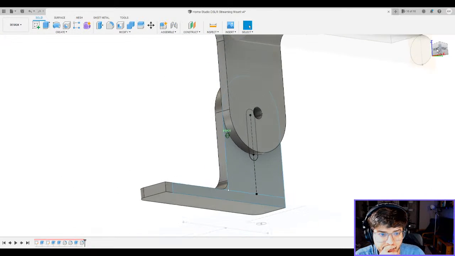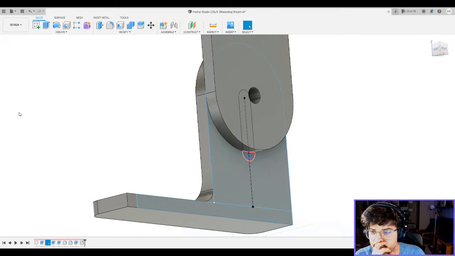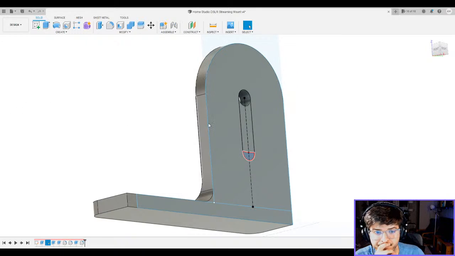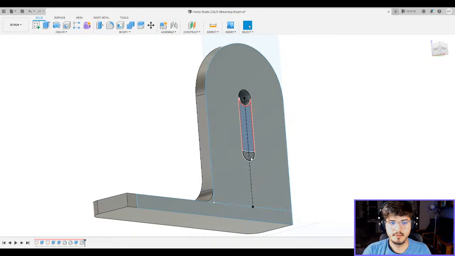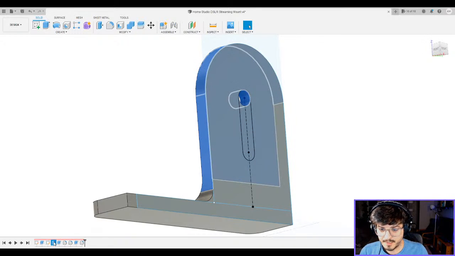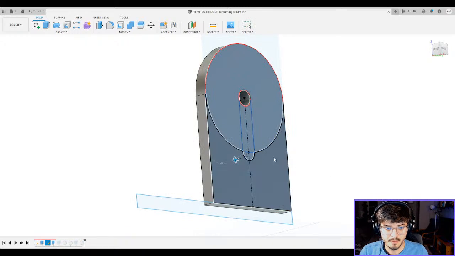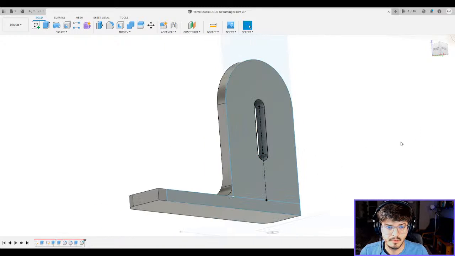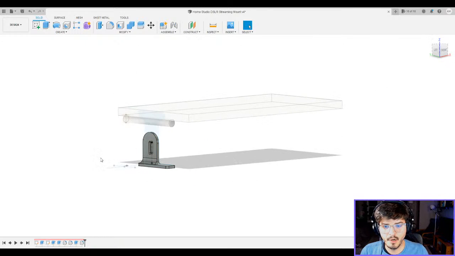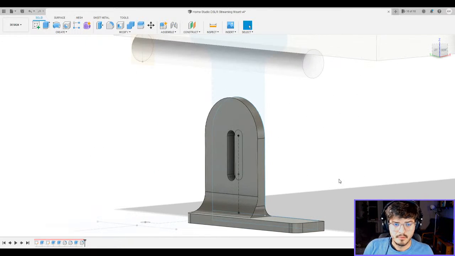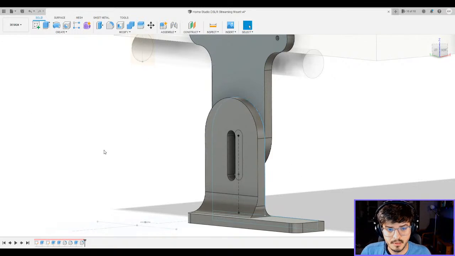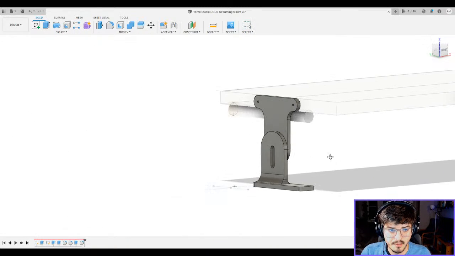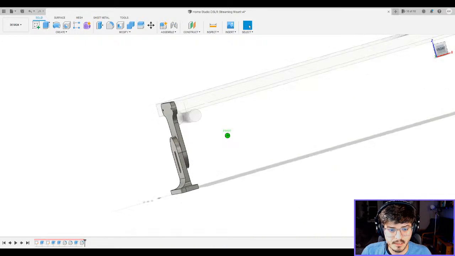So I'm gonna select this. I'm gonna remove that first body. Actually, I'm gonna go back into the extrusion for that piece. And I'm gonna remove those. Done. There we go. Now it's a slot. So now it can go up and down if need be. And I'm going to turn that sketch off again. And I think that's going to be almost it.